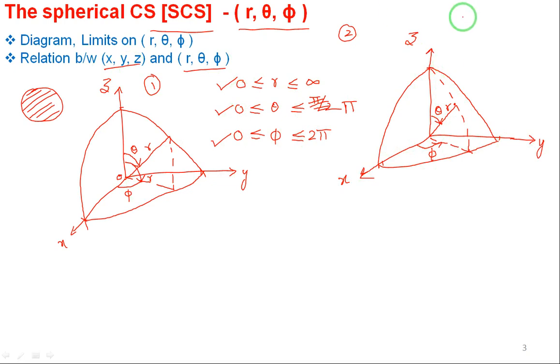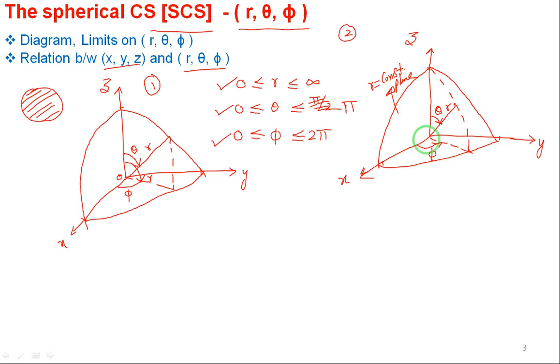Here there are totally three planes. First, r equal to constant plane. Just observe my pointer here, which is the r equal to constant plane, meaning the surface of a sphere. On the surface of the sphere, if I locate a point anywhere, the radius is fixed, so I will call that surface of the sphere the r equal to constant plane. Here, observe the triangle shape, this is the 1/8 of a piece. Just observe my hand movements. Yes, this is the r equal to constant plane. If I locate a point anywhere on the surface, this is the r equal to constant plane. Three planes I am telling, r equal to constant plane.